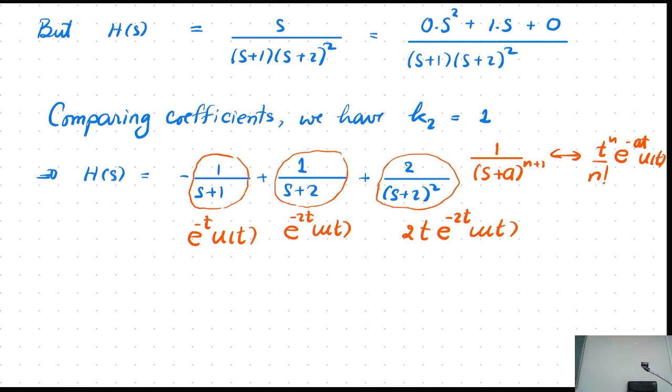So I use this formula to get this guy. We see that A is equal to 2, right? A is equal to 2, so e to the negative 2t. And n here is equal to 1, right? So I have 1 factorial, which is t to the first over 1 factorial. So putting them together,